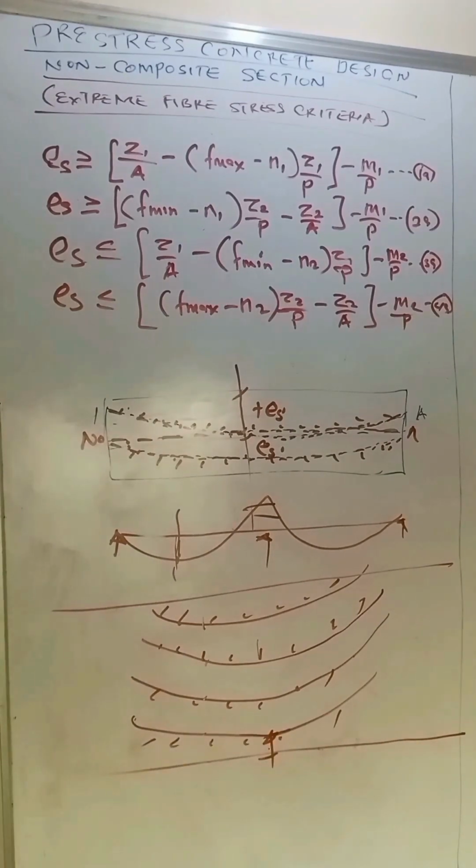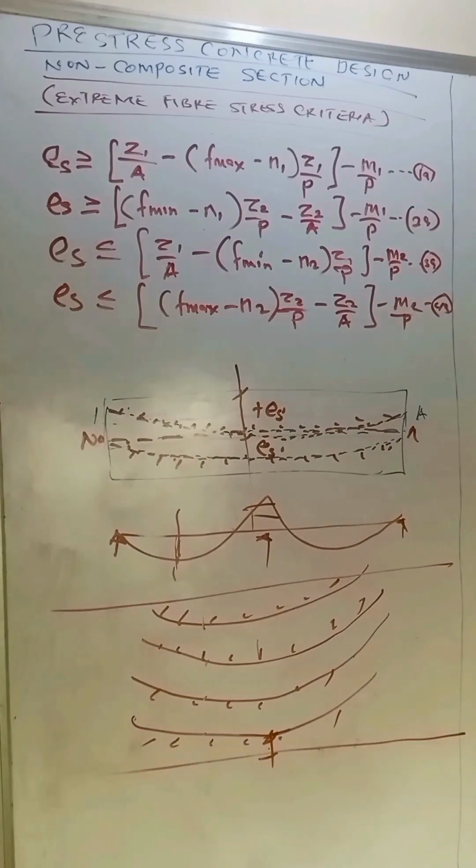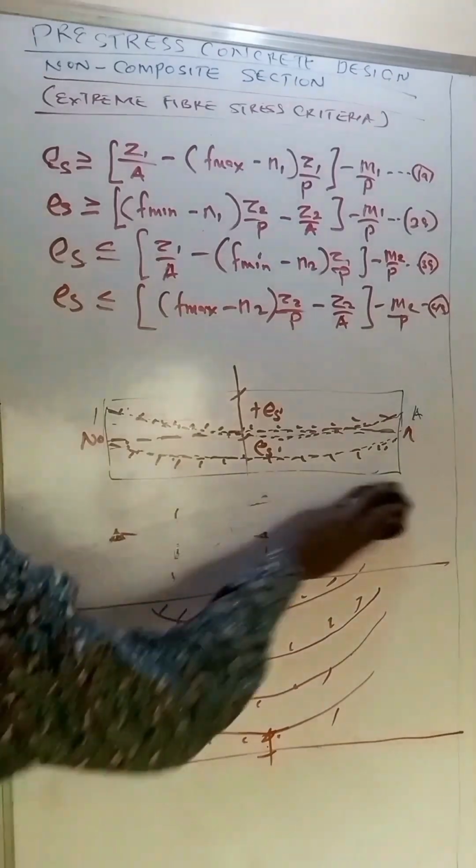So what we are going to do now, we are going to establish the cable zone. We have 4 equations. We needed just only 2 of those equations to get the solution for the cable zone, the equation for the cable zone. And we're going to plot that in a graph and get the solution. So when we have these 4 solutions, let's see how we can